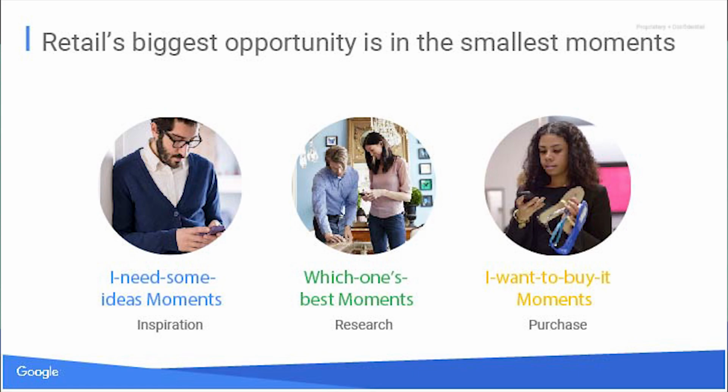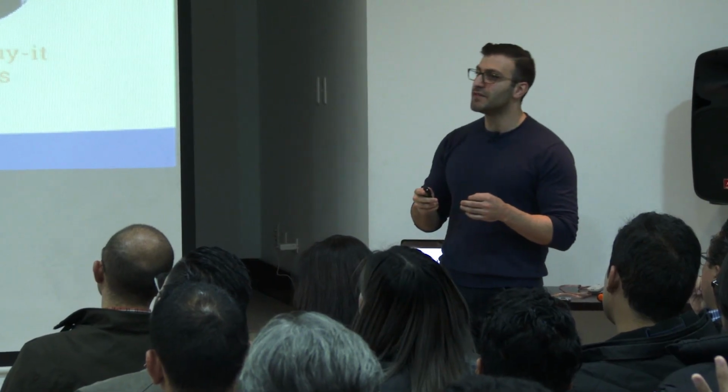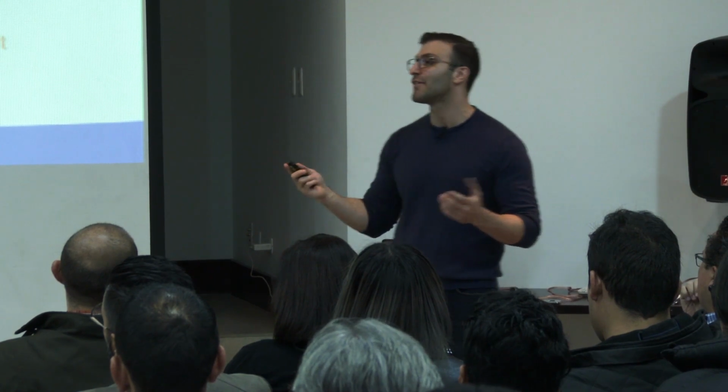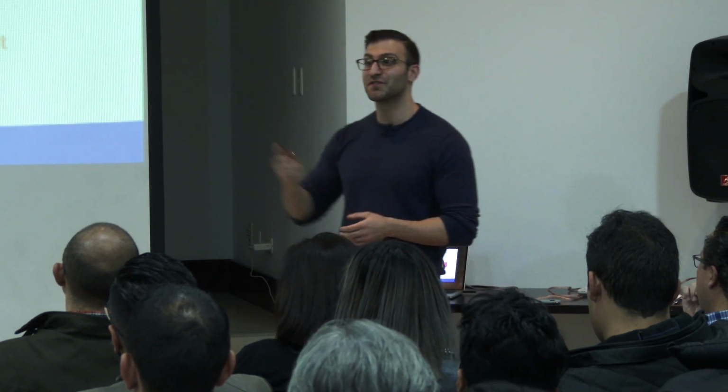So if we think of the consumer and when they have shopping or commercial intent, we think we've segmented it into 3 specific opportunities, and we call these micro moments, and they really represent the shopping journey. So it could be very general when you just need some ideas or moments of inspiration. So this was me. This is me often, and most specifically, this was me just a month ago. I have a 1-year-old niece whose birthday was coming up, and I needed some ideas to get her a good gift. So that's what my search was: gifts for a 1-year-old baby girl.